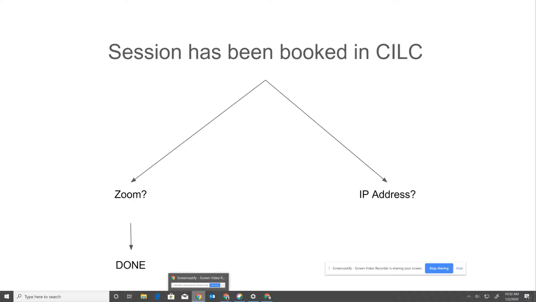So in this case, it's the Cleveland Museum of Natural History. When you booked it, you asked for their Zoom room, which is totally fine. If the provider connects through their Zoom room, that's it. You're done. That's all you have to do. Okay. But if the provider connects with an IP address, they give you an IP address, then what you need